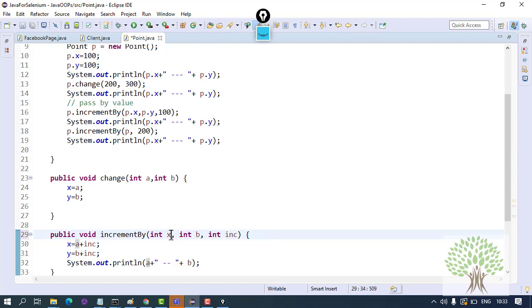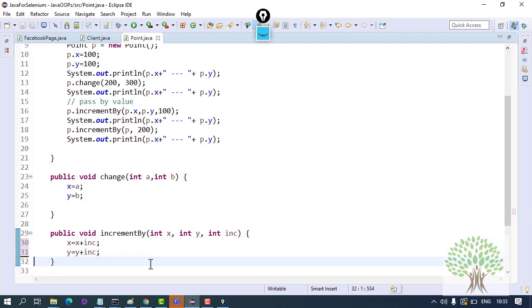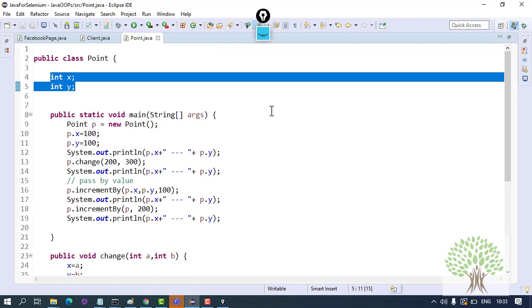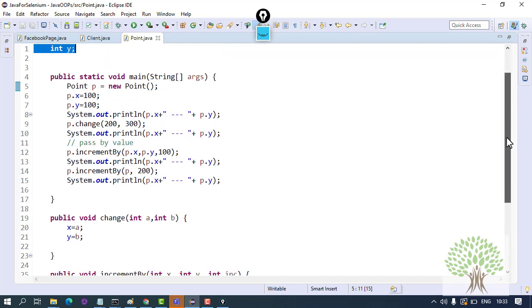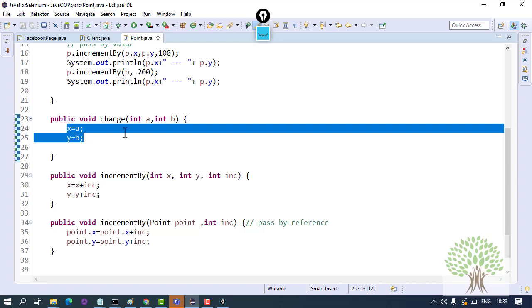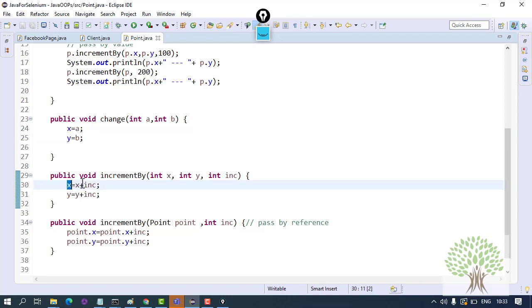If suppose I name the local variables x and y same as the global variables, what will happen? This is my global variable x and y, and this is the local variable x and y over here in this function.